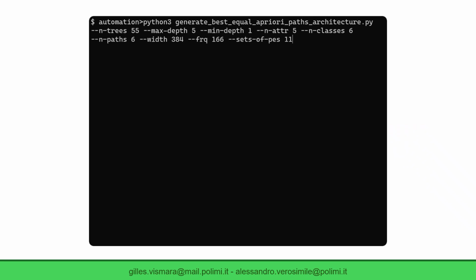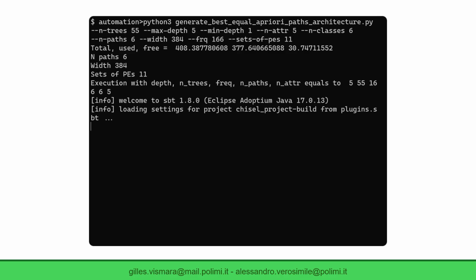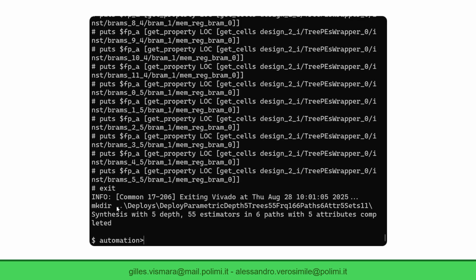of trees. A configuration of our architecture can be synthesized by simply running this command with the appropriate arguments. Once finished, the generated bitstream can be found in this folder and is ready to be loaded with a random